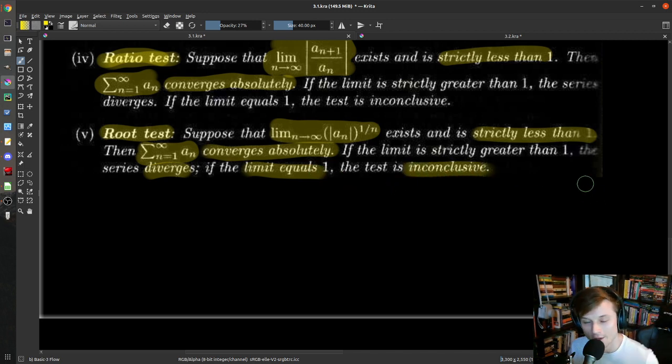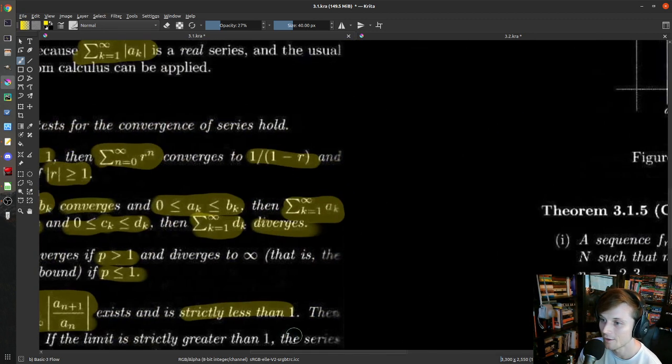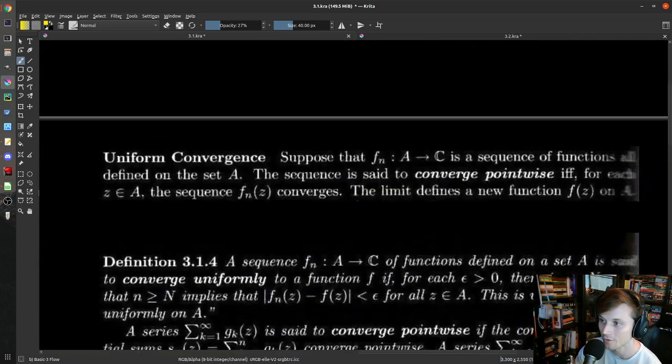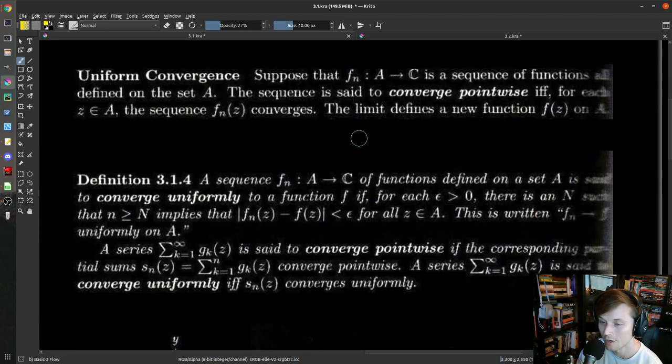So hopefully this has been a nice refresher of some basic results from Calculus 2. If you do not recall these that well, I encourage you to go look back at your notes or your Calc 2 textbook. In particular, you might find it helpful to review some other criteria, for example, like the integral test or something like that. We won't talk about that here. It won't come up too much, but these are good things to remember.